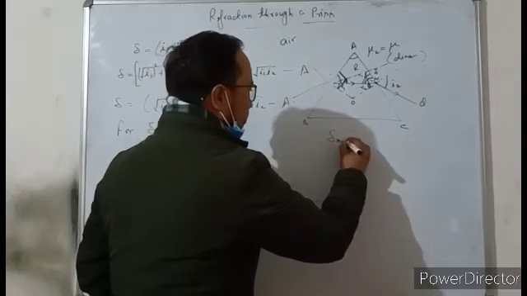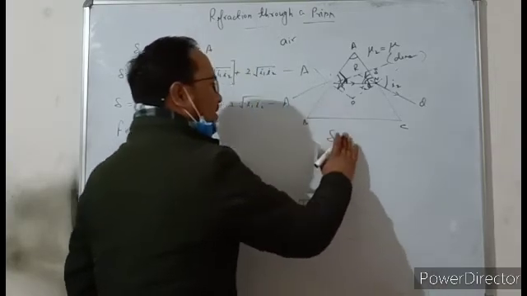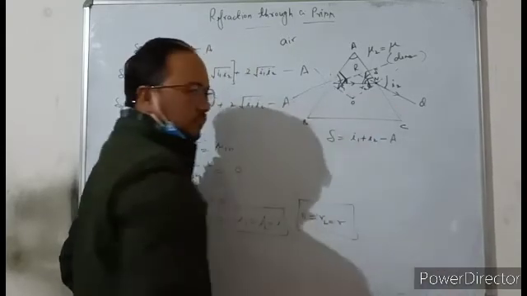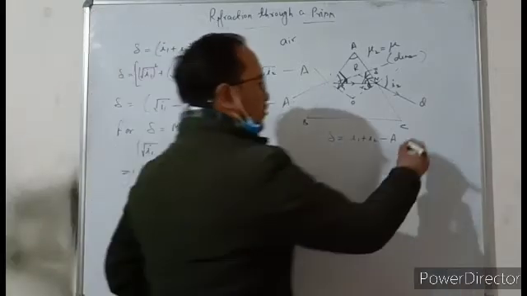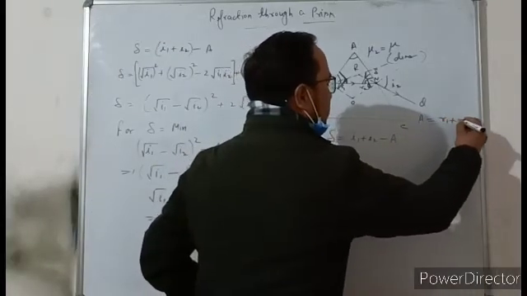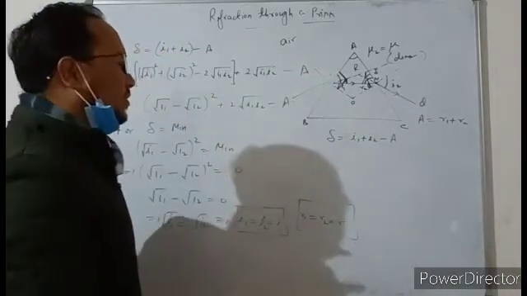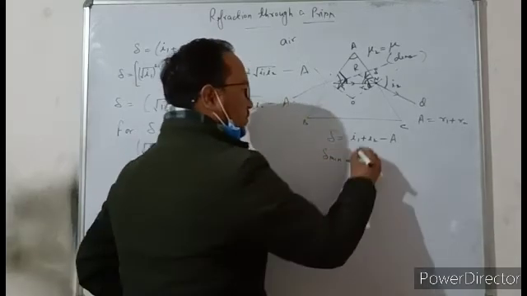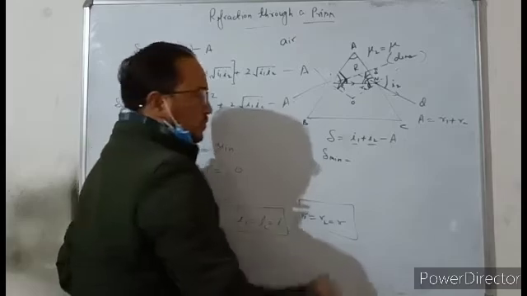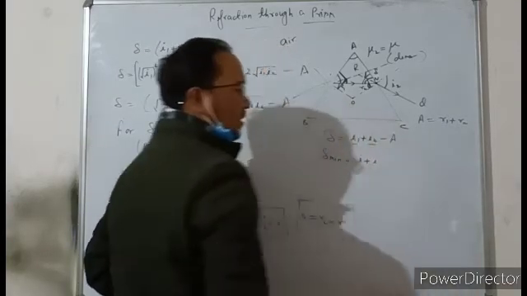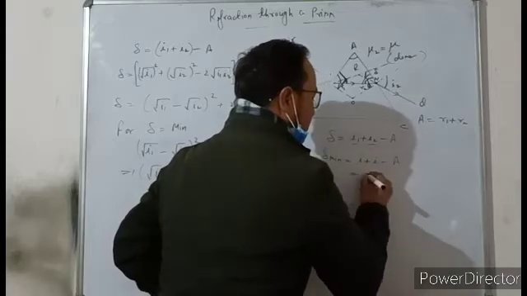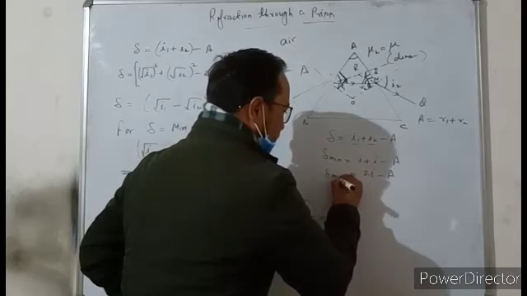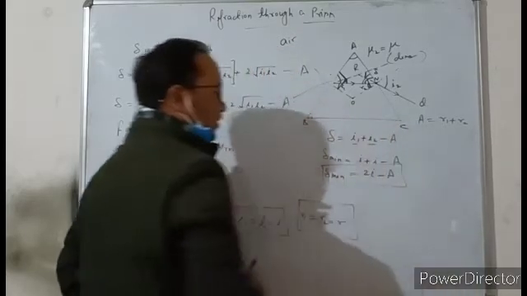Del minimum becomes, the formula we just read for angle of deviation was I1 plus I2 minus A. And the formula we also derived for A was A is equal to R1 plus R2. So now you have to pay a little attention here. For angle of minimum deviation, del min is equal to, here I1 and I2 are equal, so we can say I plus I minus A, or we can simply say 2I minus A, del minimum. This is the angle of minimum deviation.